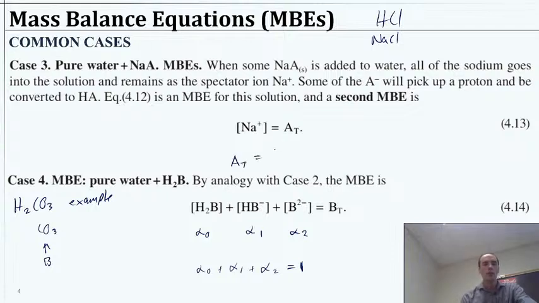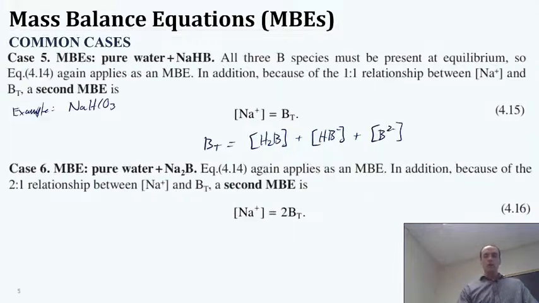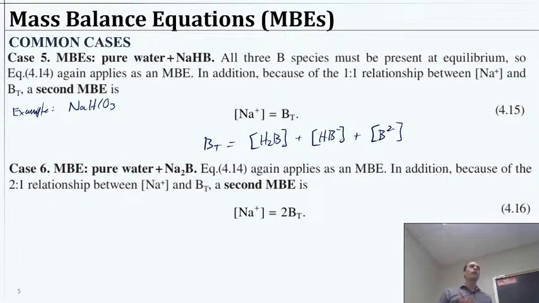And in fact, we already covered both of these, so I'm just being a little bit redundant pointing this out. But you kind of get the picture, right? We can take from the previous case of what is A and the mass balance on A and recognize that if we add it as a sodium salt or something like that, we have a little more information. Again, this is in a simple case where we have pure water and then this stuff, right? If there were other sources of sodium, we get into a little trouble or a little more complexity there. So maybe we could check the sodium before and after or something like that, but we're keeping it simple here